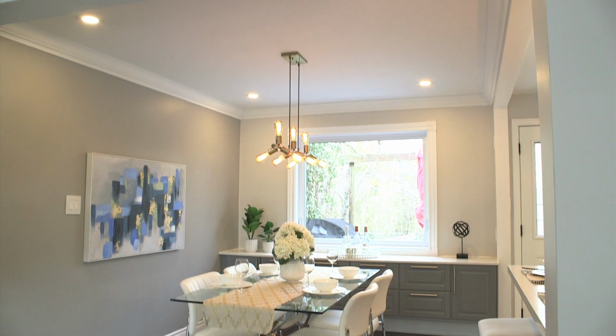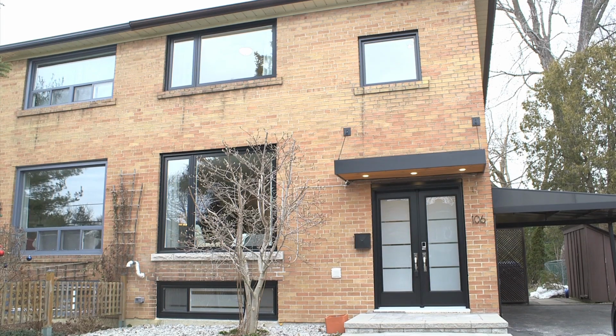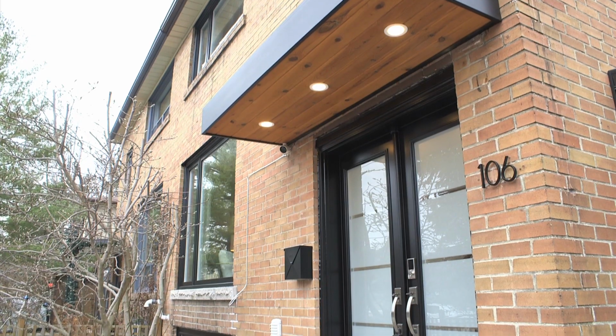This family home is perfect, with a large lot and a driveway that holds 4 cars, brand new windows and